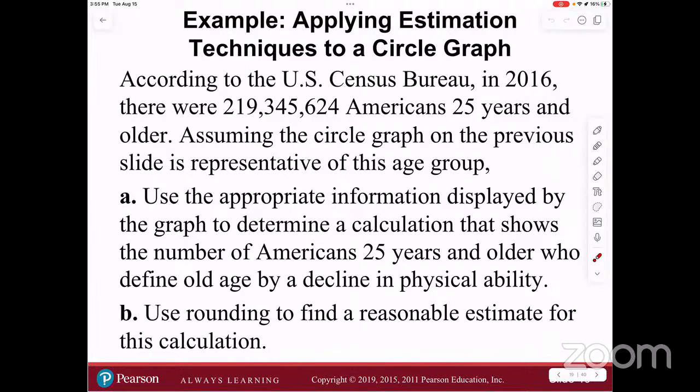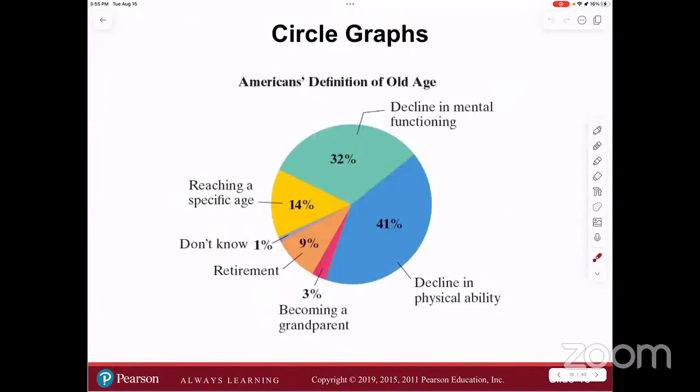So if we have 220 million and physical ability, 41% of those, right? So if we're saying 41% of that 220 million will give us an approximation for the number of Americans that have this philosophy, right? So then what we can do is maybe